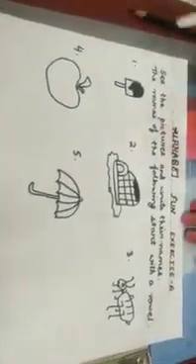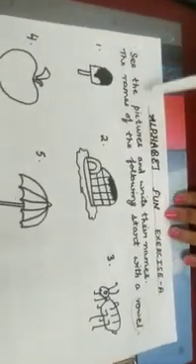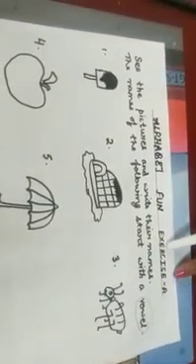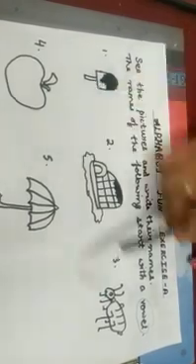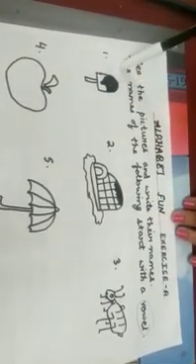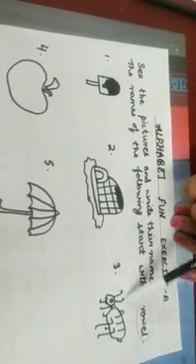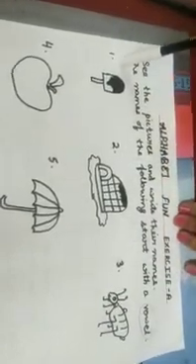Okay, now with this I am going to start with a small exercise which you must have seen. Now let's start with exercise A of alphabet fun. Here I have drawn few pictures. You have to look at them and you have to name them. Okay, and all of these pictures, the name of these pictures will start with vowels.